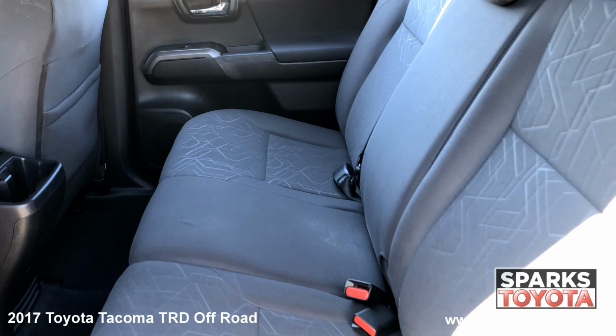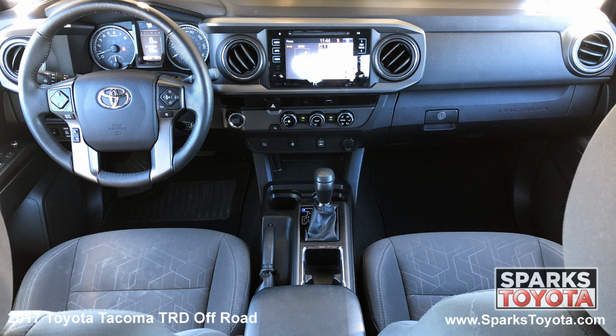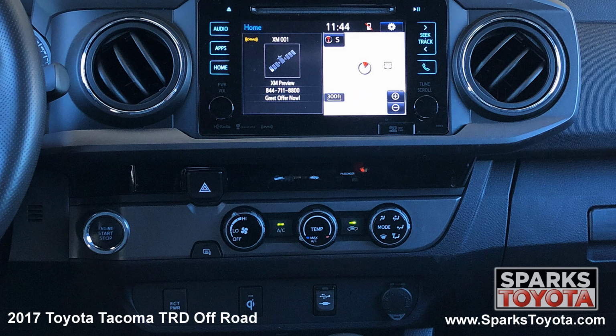A power sliding rear window, the bed cover, the tow package, LED brake lights, and a comfortable back seat with cup holders. The front row adjustable fabric bucket seating, cruise, AC, a push-button start, a locking glove box, a wireless charger, selective internet, a leather steering wheel with convenience controls,